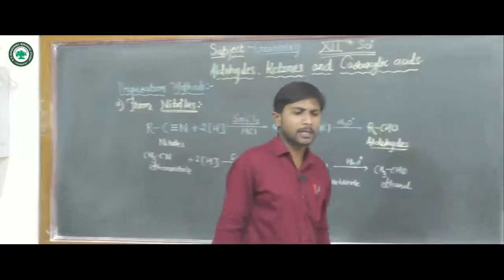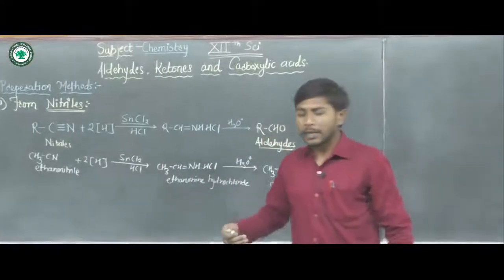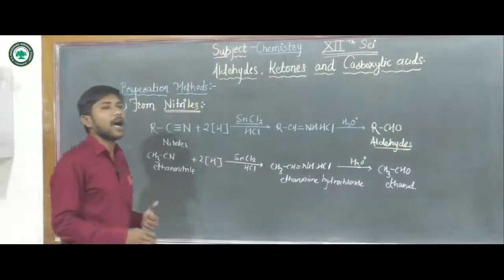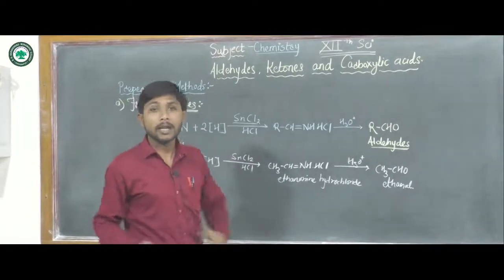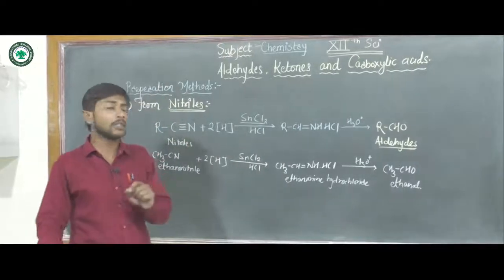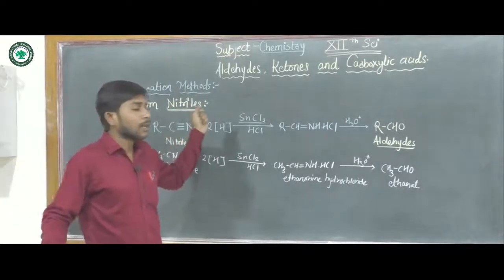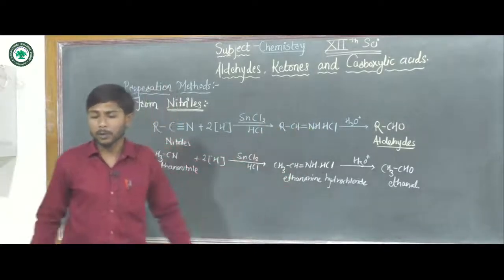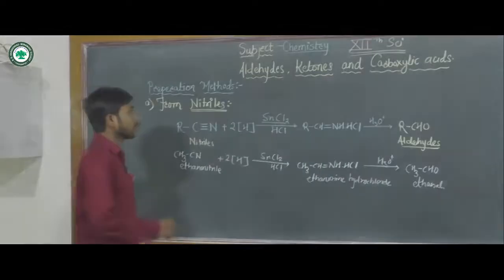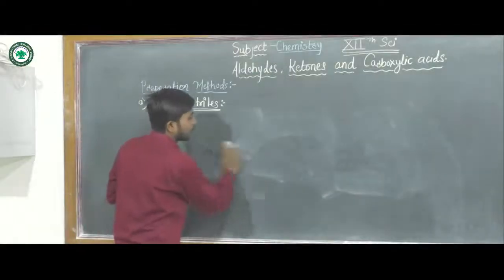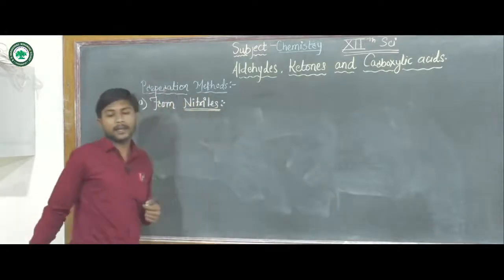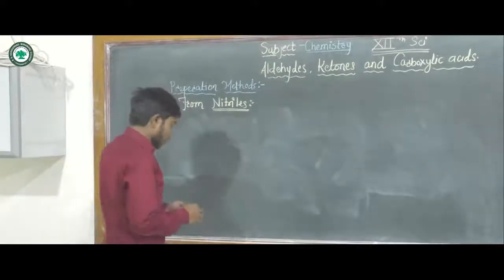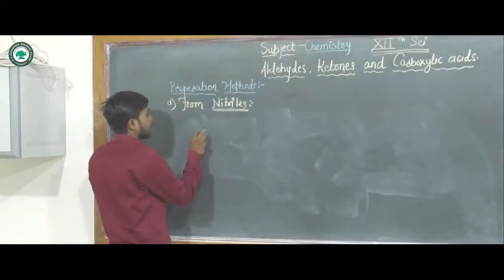Again, for the reduction of these nitriles or for the preparation of aldehydes, we can use another reagent, the diisobutyl aluminum hydride. By reducing these nitriles to the aldehydes, an intermediate imine is also formed, and we can get the corresponding aldehydes. Look at the reaction. These nitriles can also be reduced by using DIBAL-H, the diisobutyl aluminum hydride. Here generally we can write the reaction directly like this: